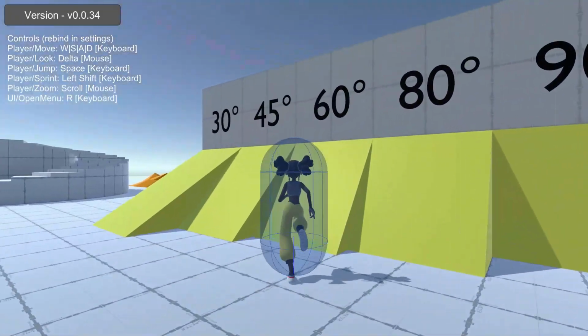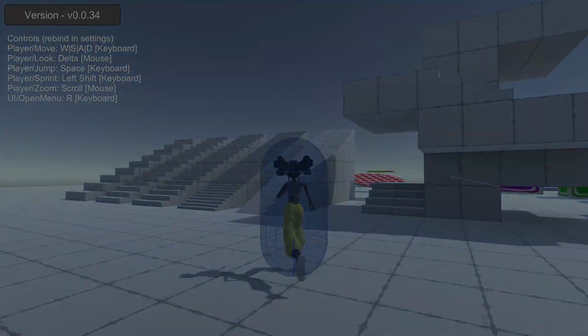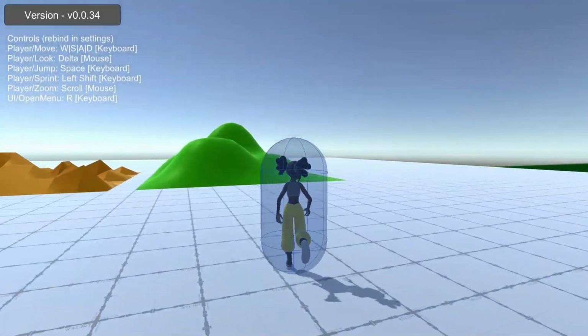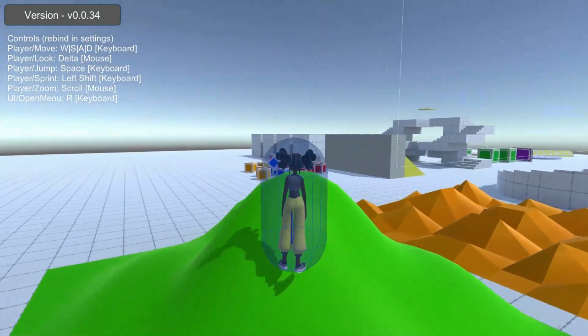The player will start accelerating down whenever they are either off the ground or when the angle between the ground and the player is over a threshold, 60 degrees for this example. This way, the character will slide down slopes but still be able to walk around them, as shown in the examples on the screen now.